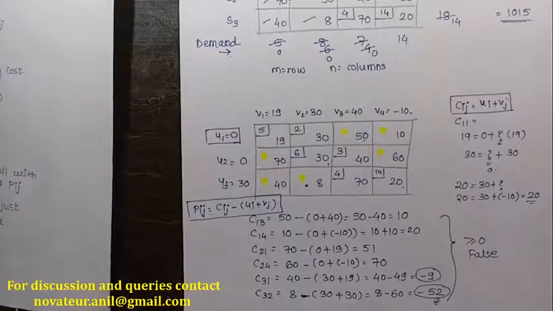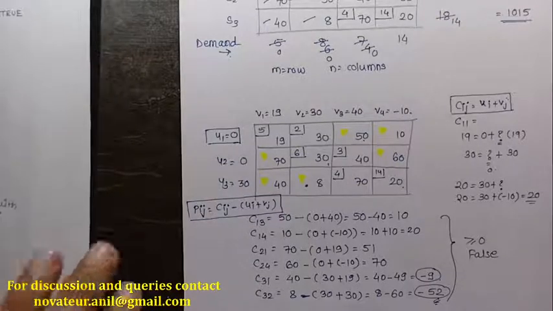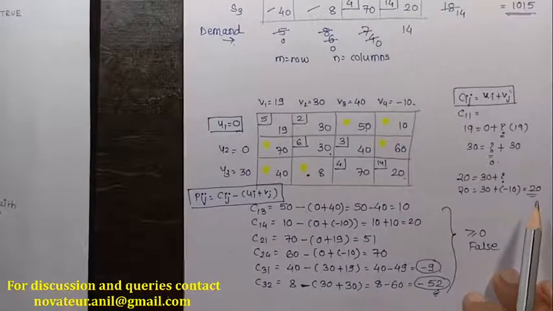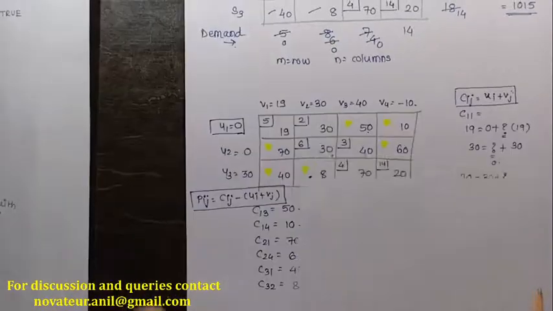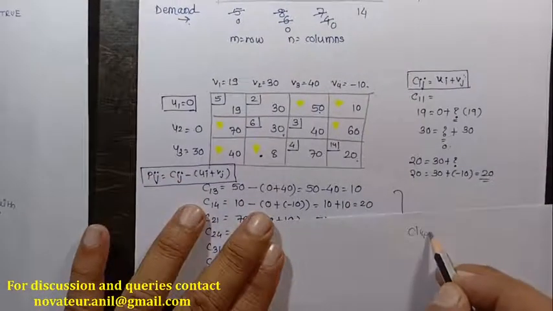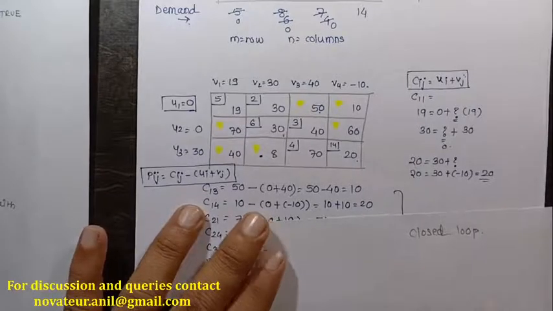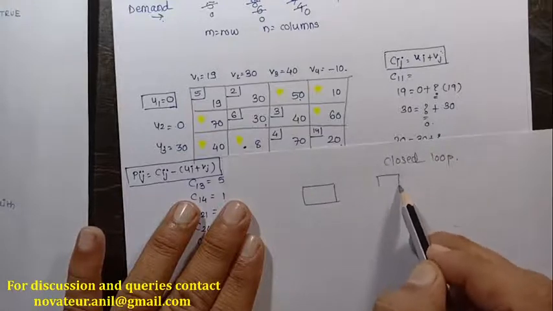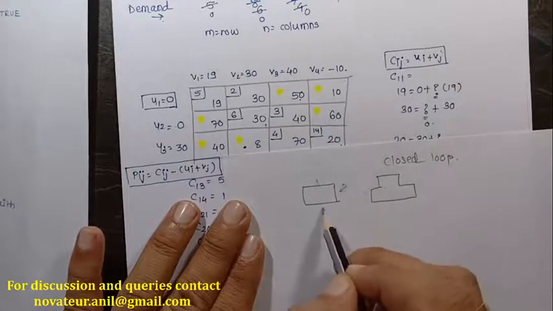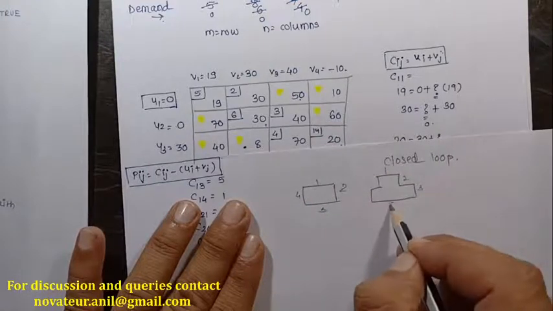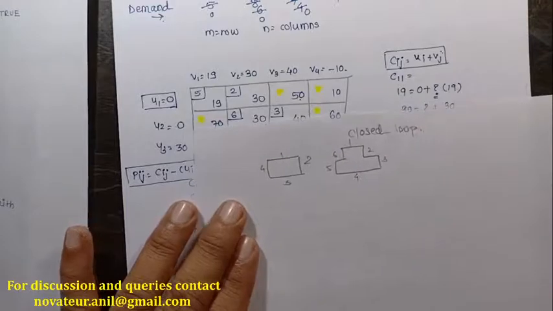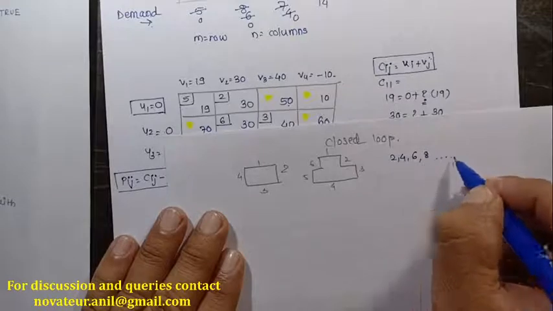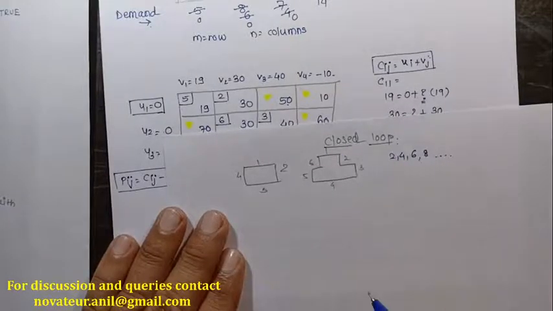Now you have to perform three operations. And what are the three operations? It's very simple, I'll tell you. First, you need to form a closed loop. When I say closed loop, a loop has to have either 4 or 6 sides, like 1, 2, 3, 4, or 1, 2, 3, 4, 5, 6. So there has to be an even number of sides, like 2, 4, 6 or 8 or whatever. So we have to form a closed loop.